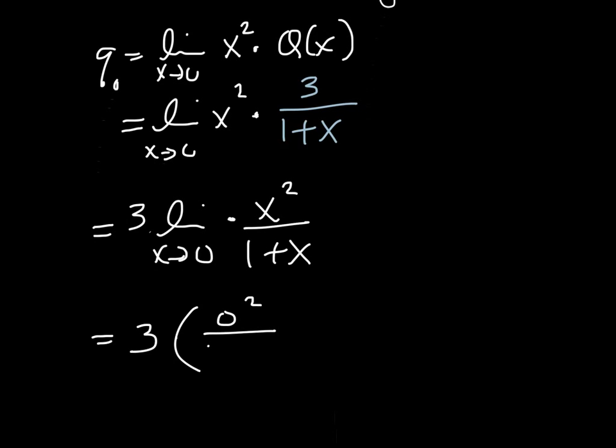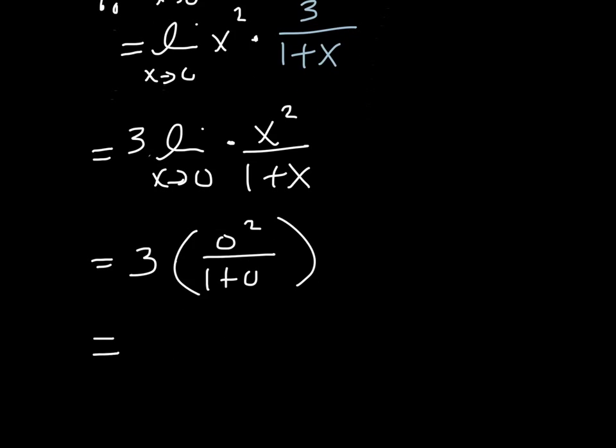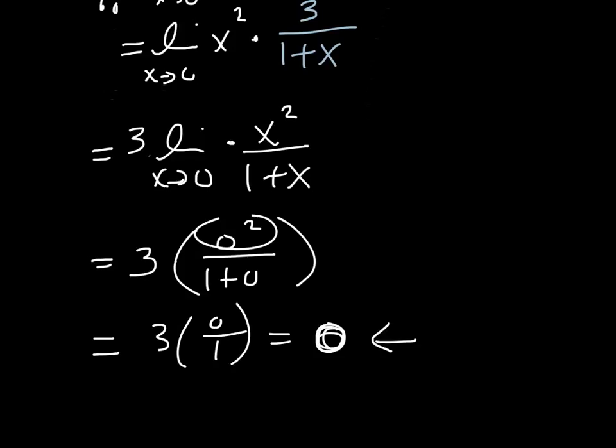0 squared over 1 plus 0, which just gives us 0 divided by anything, which is going to be 0. Well, 0 over 1, but all this is 0. So 0 is a finite number, so the limit does exist. We get a finite number. So we know the limit